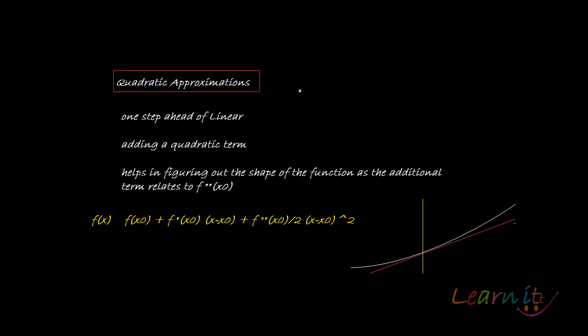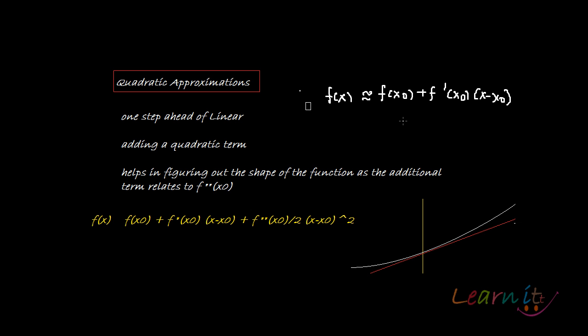So, previously we had, say, f(x) is approximately equal to f(x naught) plus f dash x naught into (x minus x naught), around a certain point x naught. That is, the tangent and the curve are almost the same at that point and nearby, around that point. Now what happens in a quadratic